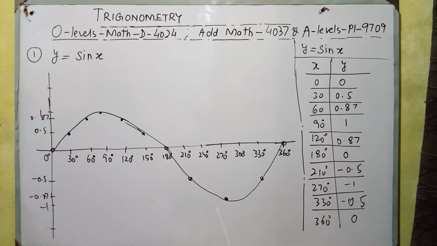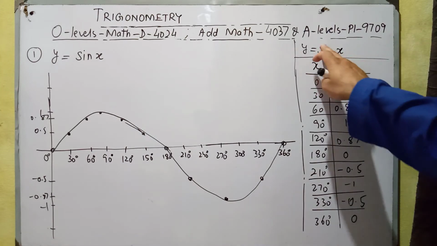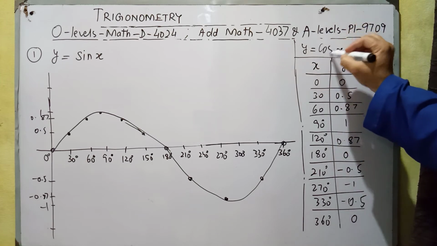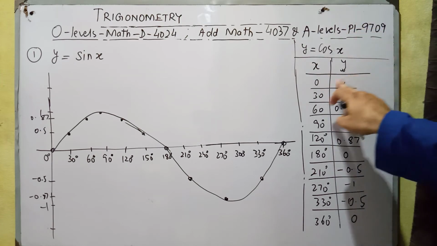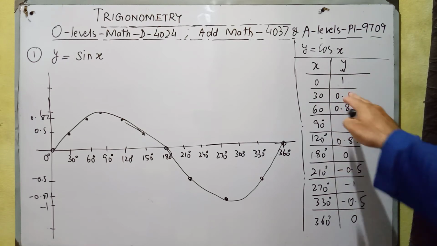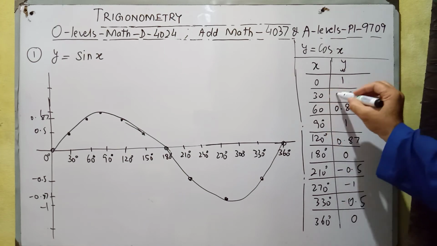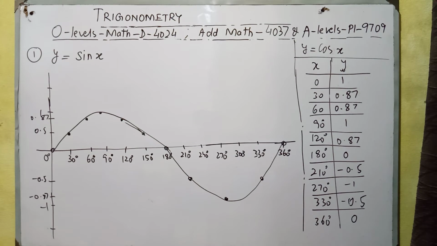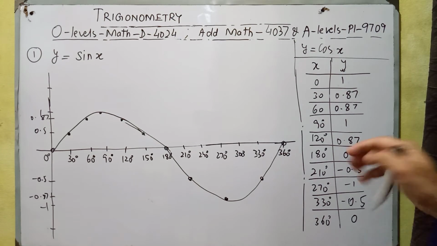So this is the graphical representation of the sine function, and similarly we can have the graphical representation of the cosine function. If you have a function y is equal to cos of x, we know that cos 0 is always 1, and cos 30 is 0.87, and cos 60 is 0.5,